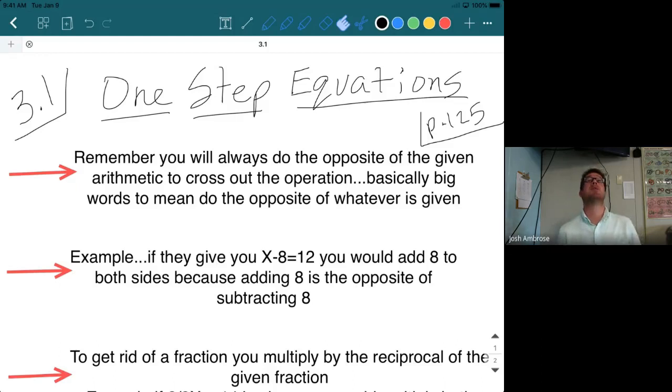We are in Chapter 3, officially starting. Section 1 here, everybody be on page 125 in your textbooks. Title of this section, One-Step Equations. More review, all right? You guys have all done this before, so we should have a nice, smooth process into